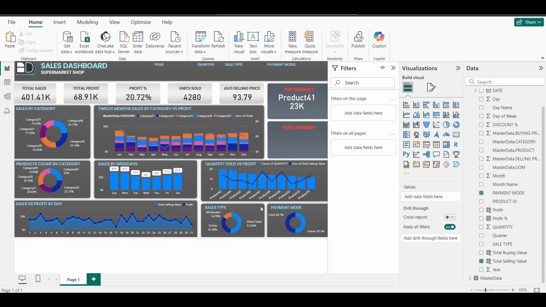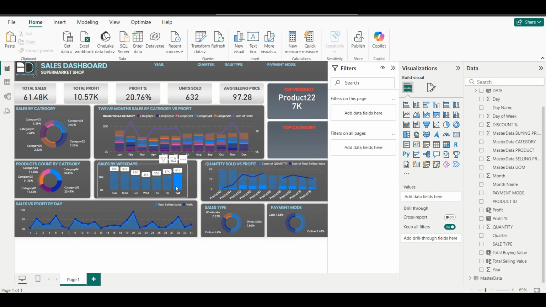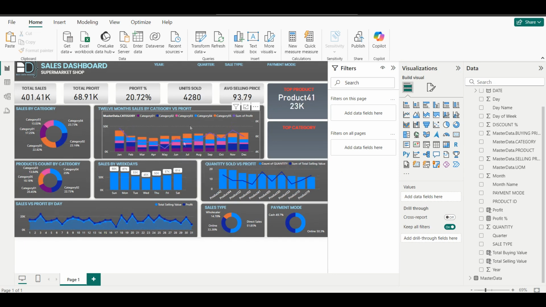Okay, now it's online or cash. So in this case, I think we are halfway down. For example, let's click on Saturday and it filters all the information. Let's go to top category. We already did the top product. For the top category, it's going to be a